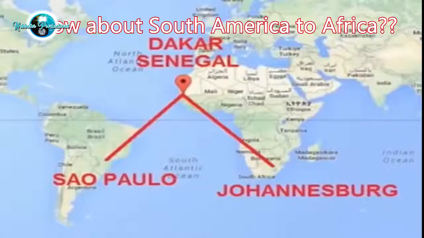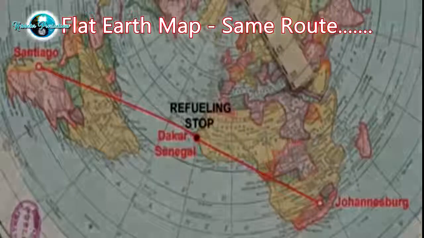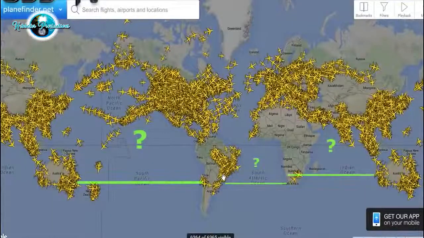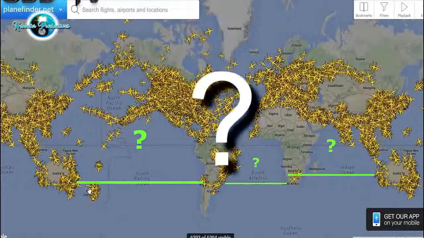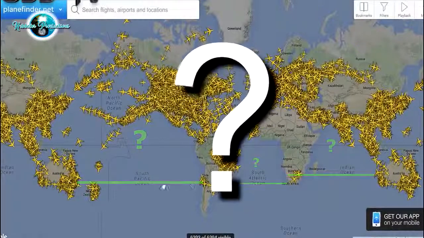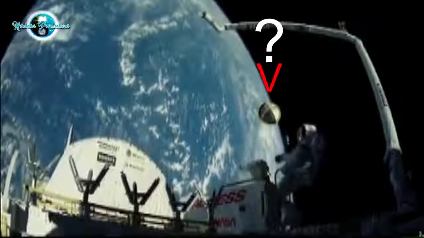Flat Earthers, it's time. We are going to destroy the Globeheads' arguments concerning flight routes. When you go onto the plane tracking software, you'll see hundreds and hundreds of flights over the northern hemisphere, and you can track those flights from beginning to end. When you look at any flight in the southern hemisphere, what you'll find is the flight takes off and disappears off the tracking. And that only leaves why. Why have they done this?